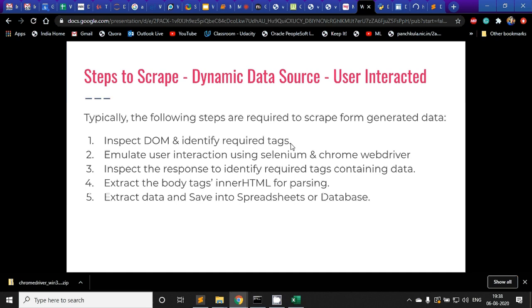Selenium's primary work is not web scraping. It is a testing tool, but it is very useful if you want to do web scraping. It allows us to scrape all the sites available on the web. So that is what I said. Only one type of site is there which we cannot scrape using Selenium. Rest all of the sites available on the web.